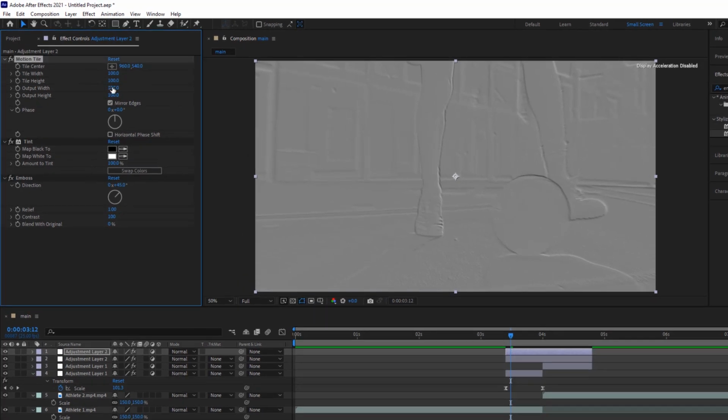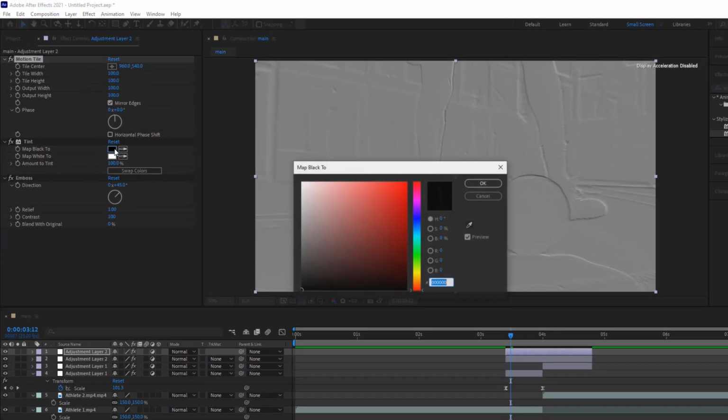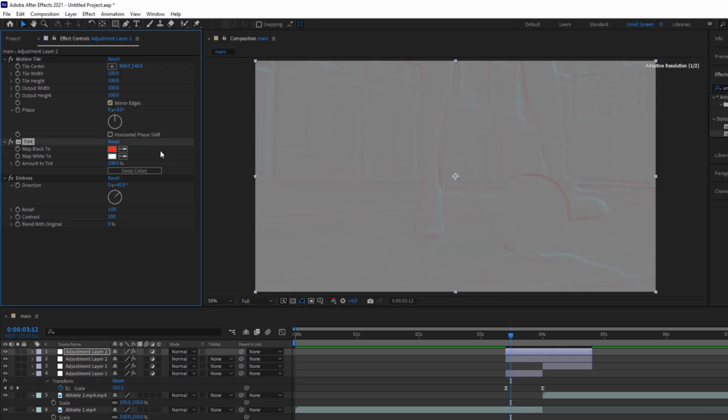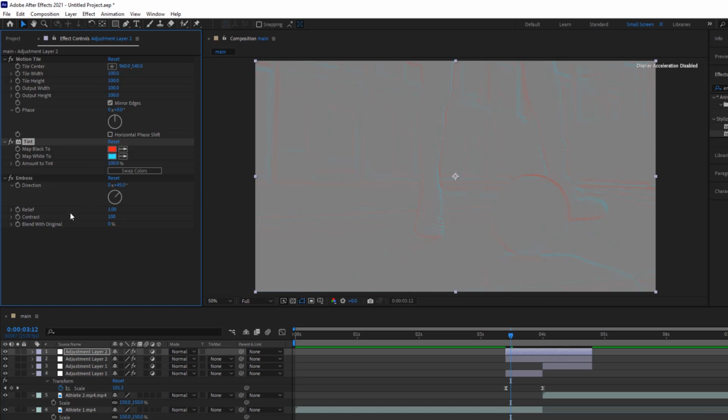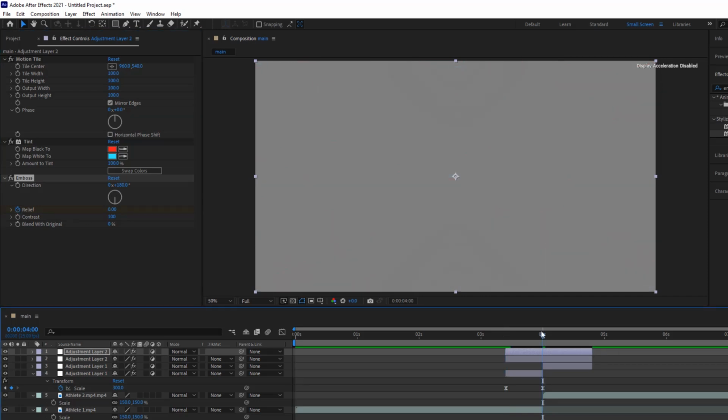I'll first select mirror edges on the motion tile. Then under the map black tool, I'm going to change it to a little bit of red. Under the map white tool, I'm going to change it to a little bit of, let me say, cyan. I'll click OK. Then under our emboss, I'll come to the beginning of our adjustment layer. I'll change the direction to 180. I'll write the keyframe on the relief and I'll come to the middle of our adjustment layer, which is about